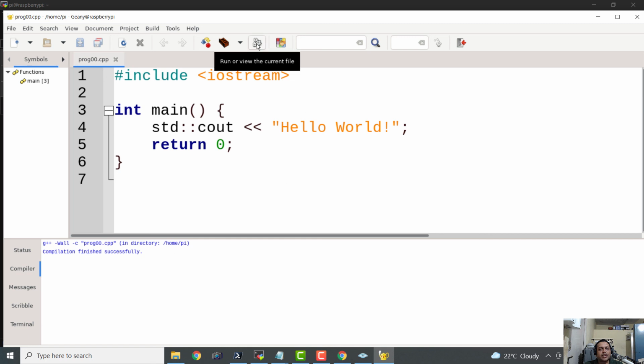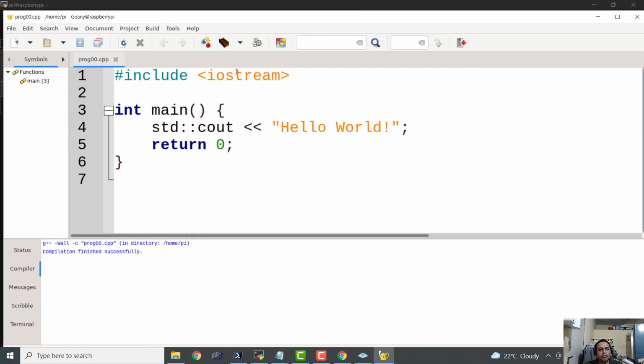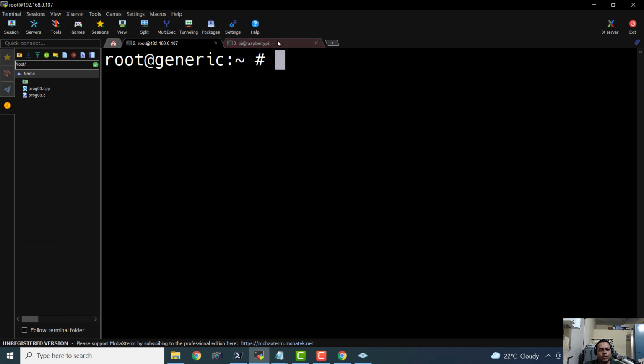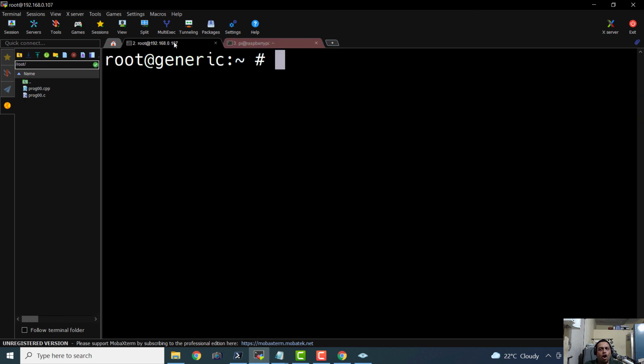If I click this gear symbol, it will execute that generated executable, and here it is printing hello world. So let me close it, and let me close this Geany window. Basically we have explored the Geany code editor in this section of our episode on the GCC compiler.